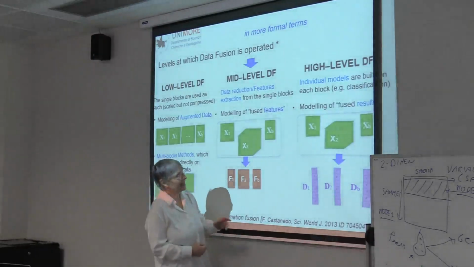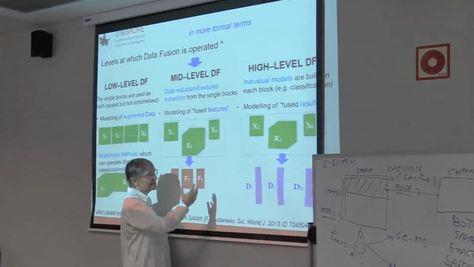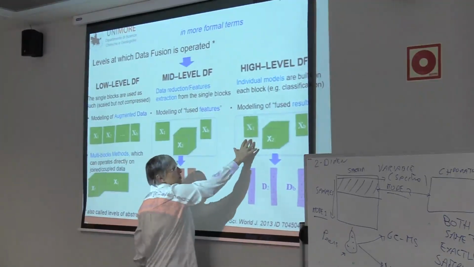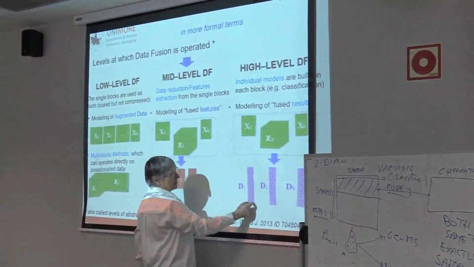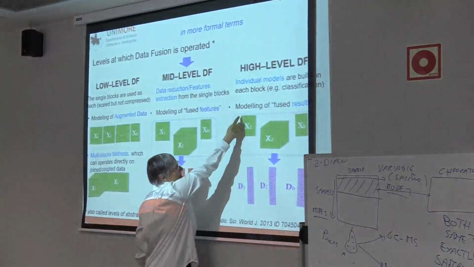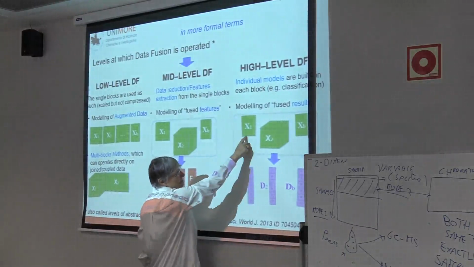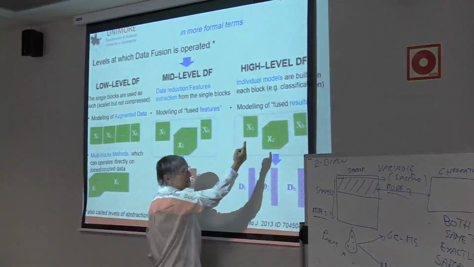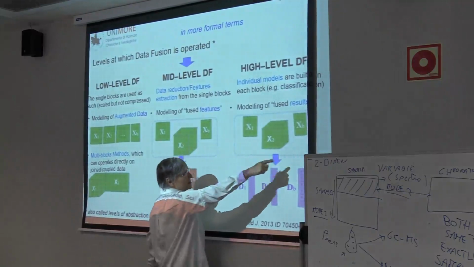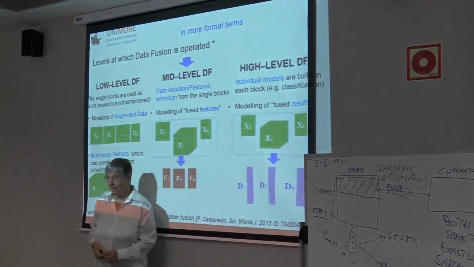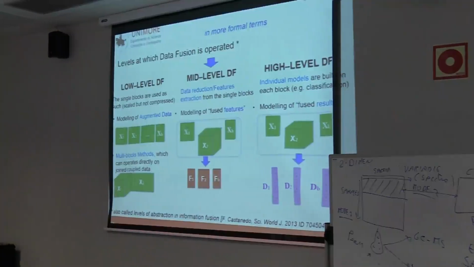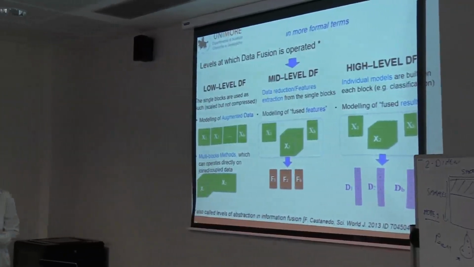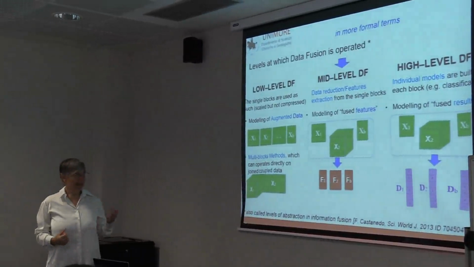When I do high-level data fusion, in this case, I take a decision for this sample. So I have a feature, monodimensional, which is the decision for each one of the samples by this analysis of this data, analysis of this, analysis of this. And in this case, I can have high-level data fusion